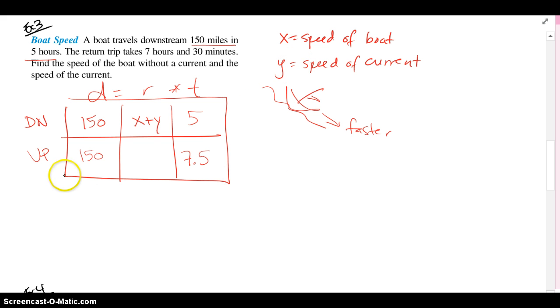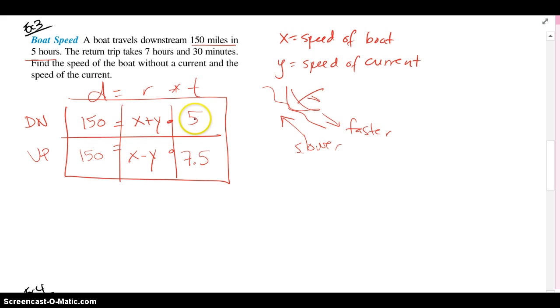When the boat comes up, if it goes the other way, it's actually going to be slower because this current is going to try to stop it and slow it down, so it'll be the boat minus the current. So down is always boat plus the current speed, and up is always boat minus the current speed. It would be the same type of problem if a plane was traveling with wind or against the wind. Now I have my two